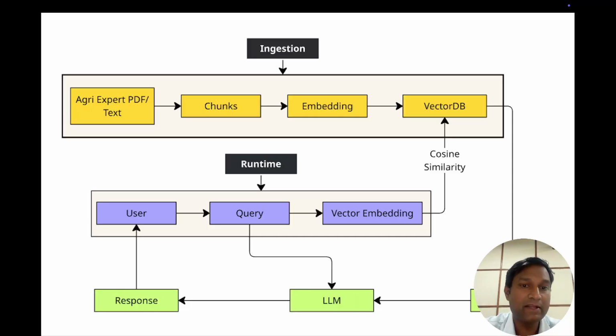Now let's look at runtime. The user makes a query and the query is again converted into vector embeddings, and those embeddings are compared using cosine similarity against the original vector database. The vector database then returns the chunks corresponding to those particular vectors which are similar. If you see here the second box, chunks, whatever chunks they correspond to, those chunks are returned, and those chunks along with the original user query, which means, for example, what is the fertilizer which needs to be applied during the flowering stage, that particular query and the chunks which are cosine similar to the user query based on the vector embeddings